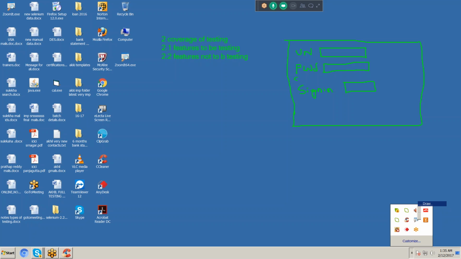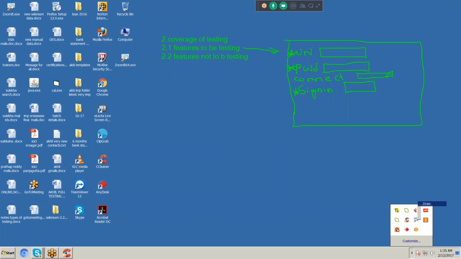In between we have one more field, connect to, where we have a number of databases. The customer is saying username is compulsory, he gave a star mark. Password is compulsory. Sign in is compulsory. These three features are called features to be tested.